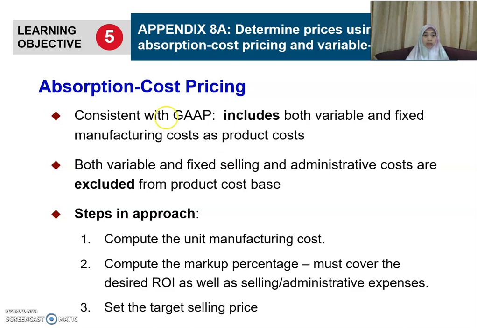Absorption costing is consistent with GAAP, generally accepted accounting principles, that include both variable and fixed manufacturing costs as your product cost. So if you want to calculate your cost, you will include both your variable and your fixed element. Only the manufacturing cost, though. The fixed selling and fixed admin cost, for example, will be excluded from the product cost. Basically you compute the unit manufacturing cost, add a certain amount of markup, and then set your